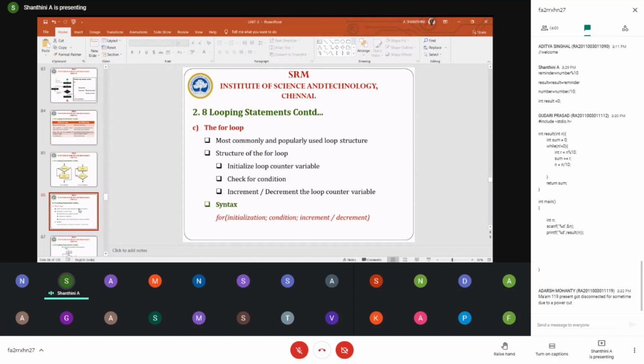In the for loop, you have initialization, condition checking, and increment or decrement operation. For i equals 0, semicolon, i less than n, that is the condition check, semicolon, i plus plus or i minus minus, depending upon the logic of your program.